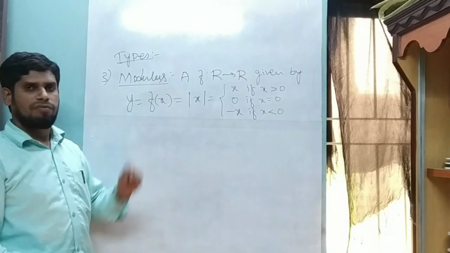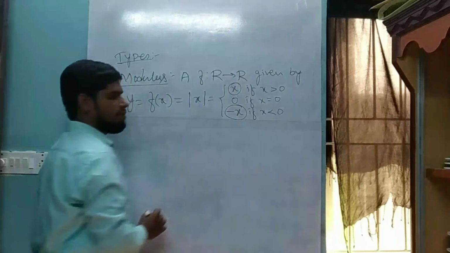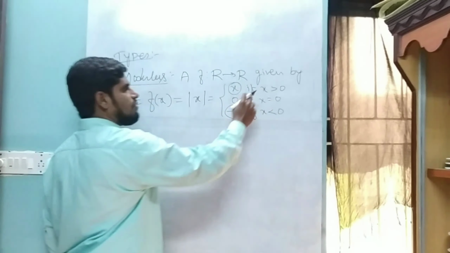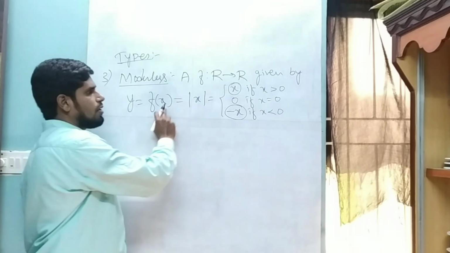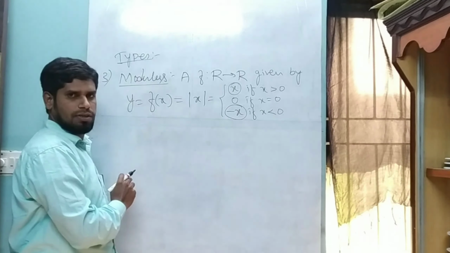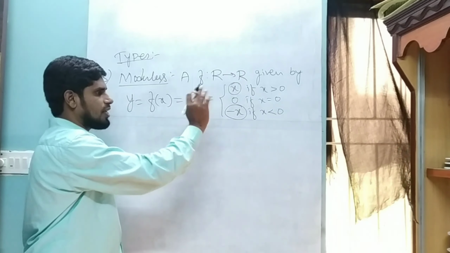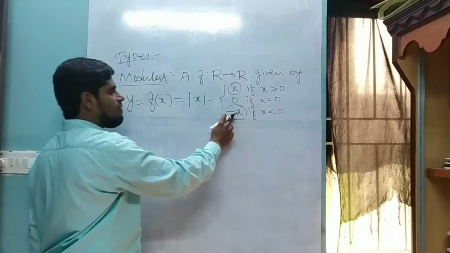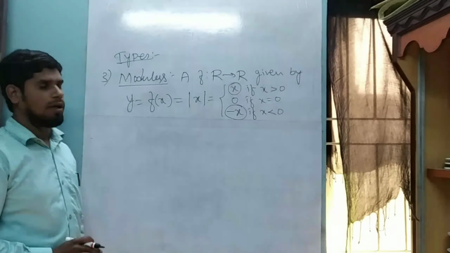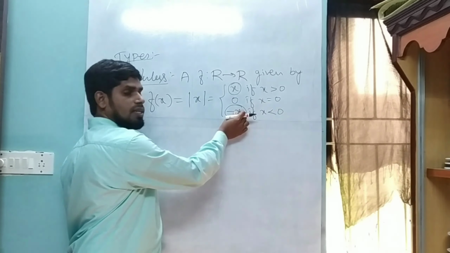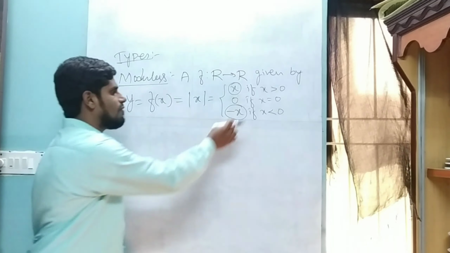So that is the modulus function. Clearly it says that it has two values, one is positive x, the other is negative x. Whenever we give any positive value to this function, we always get x as the function. If I am taking any negative value, meaning less than 0, it can be any decimal, anything, but less than 0, then my function is always minus x. So if I take negative x as a function and I am giving negative values to x, this becomes minus into minus, which is always plus.